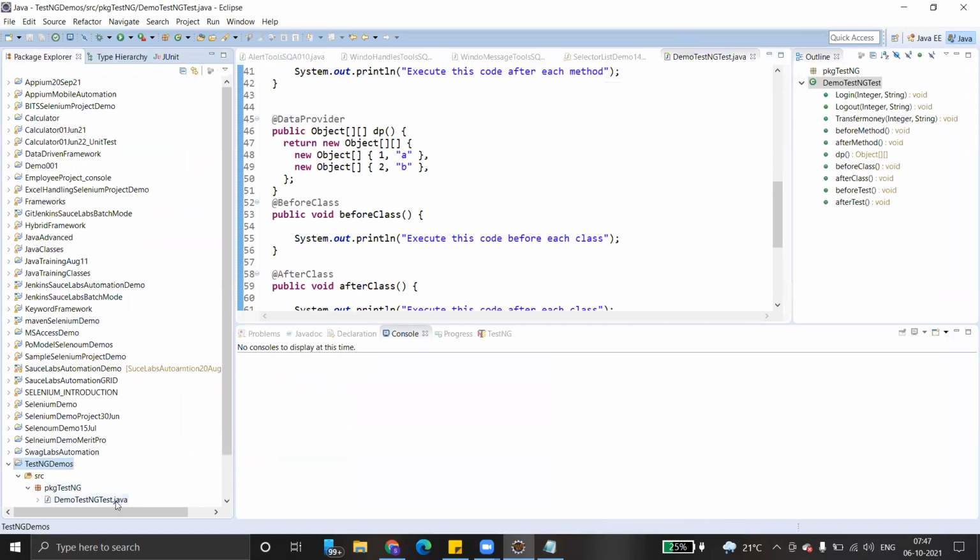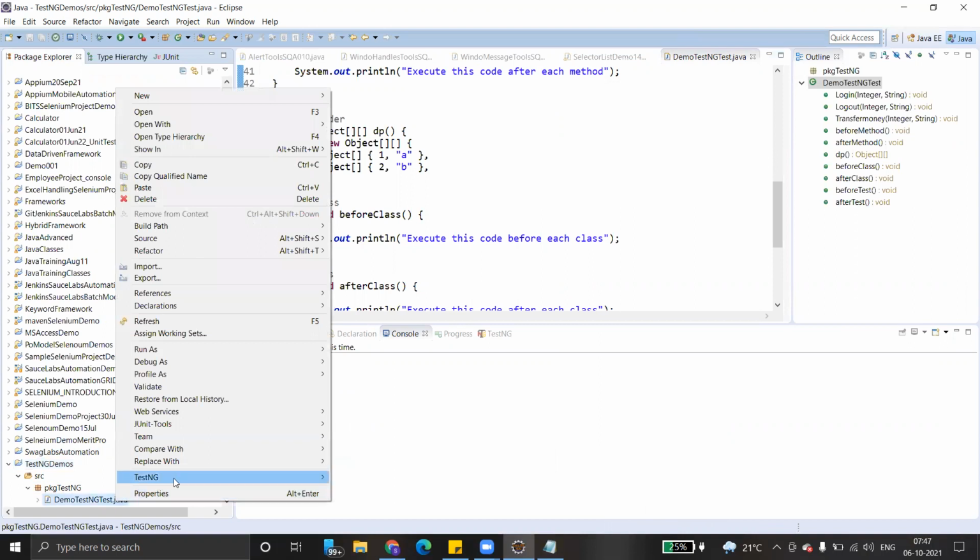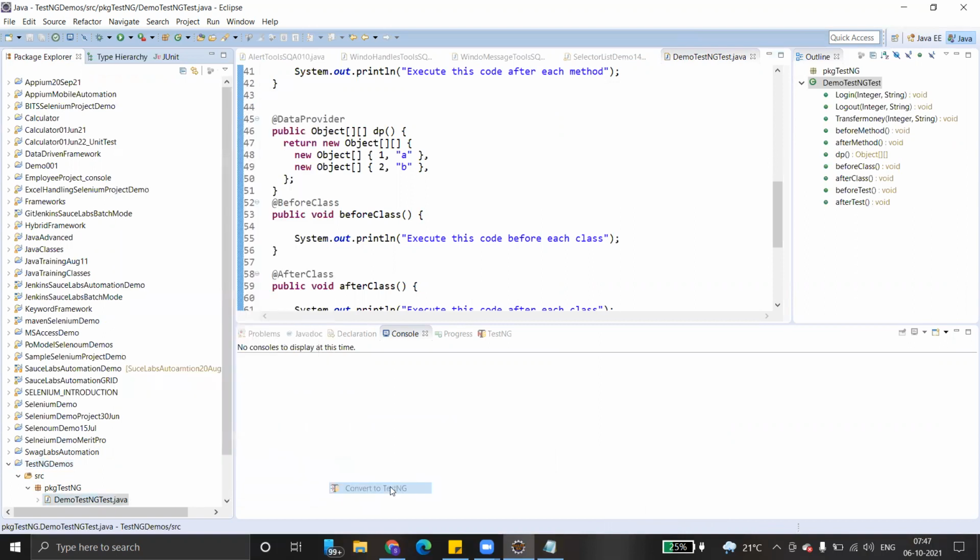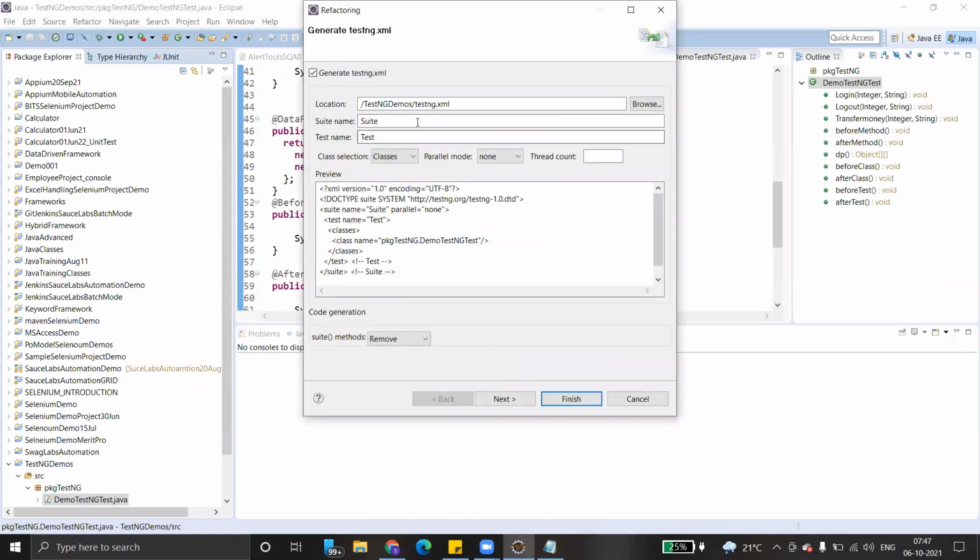Go here. Just right click, testng, convert to testng. Here you can see the location of the configuration file. This is a .xml file configuration.